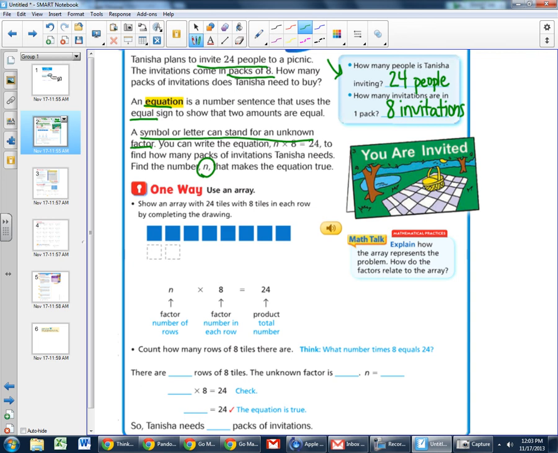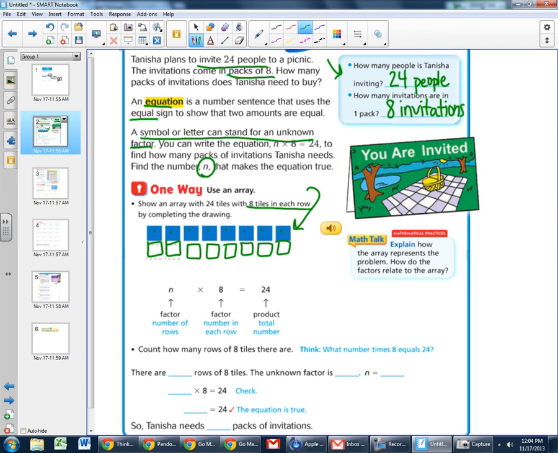One way you can solve this is to use an array. Okay, so you're going to show an array with 24 tiles with 8 tiles in each row. Okay, so they have started it for us. We have 1, 2, 3, 4, 5, 6, 7, 8. So this is our row of 8. Now we need to keep counting until we get up to the number of people that she is inviting. Okay, so we have 8, 9, 10. Keep drawing until you get to